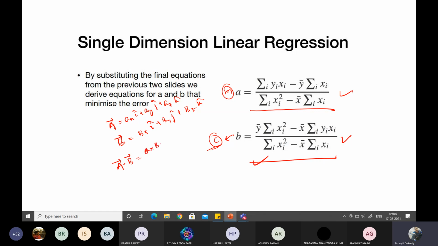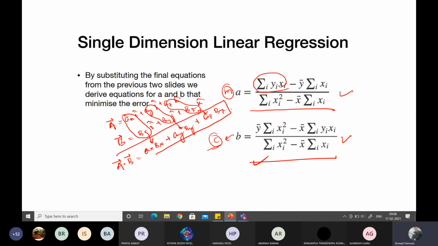Ax into bx plus ay into by plus az into bz. Okay, so here what happens? We are finding out the product of these corresponding elements. After that, you can see this is the product of this element, this is the product of this element, this is the product of this element. After finding out the product, we are taking the sum of those things. So directly we are completing this step.